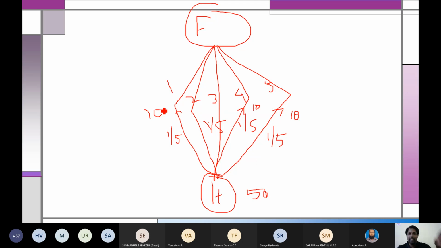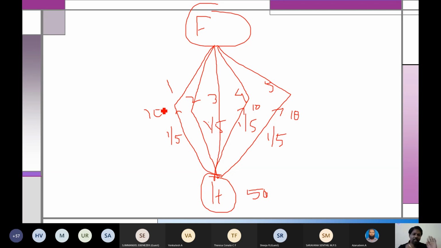Because the probability is the same. It's just a start. No one knows how much pheromone is in it. There is no pheromone content in the path, so all paths are the same. Everyone will go with respect to that probability. Mathematically, everything has an equal probability. So 10 ants will move in path 1, 10 in path 2, 10 in path 3, and it will go on like this.